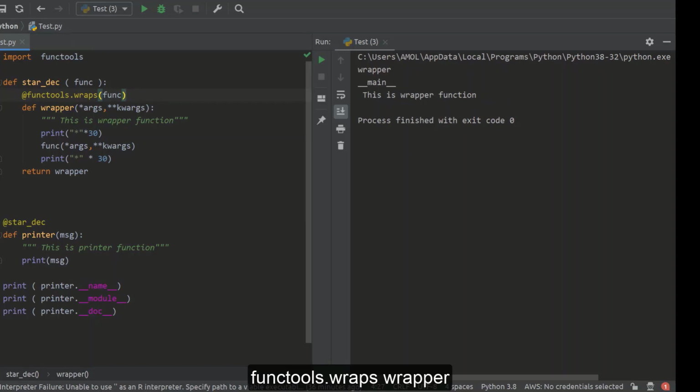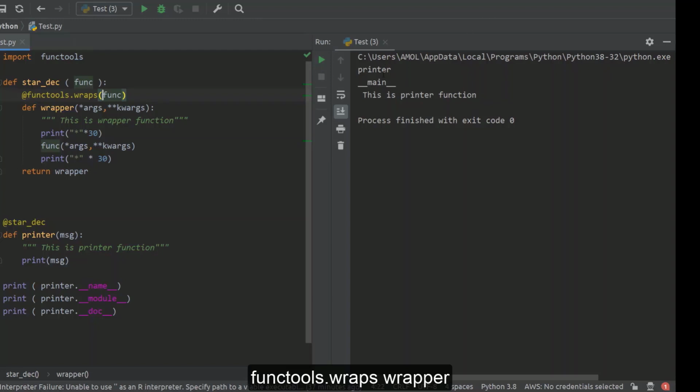So see what we have done. Before the definition of this wrapper function, we invoked one inbuilt decorator defined in this functools module. To this wraps decorator we are passing the reference of the function, which in our case is the printer function. Now if you run this code, you see everywhere it is printing information specific to printer and not any information of the wrapper.